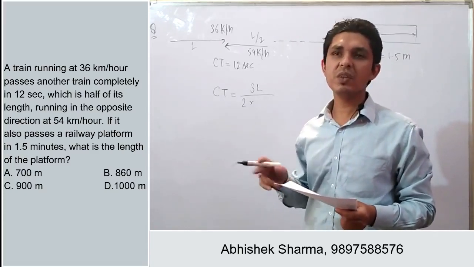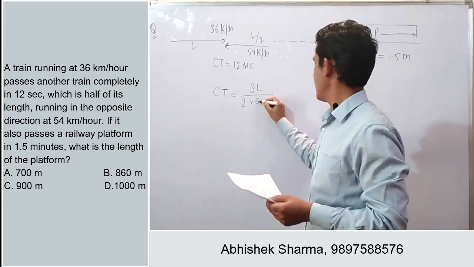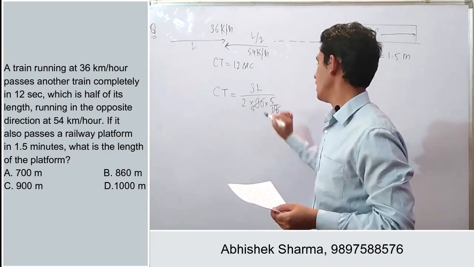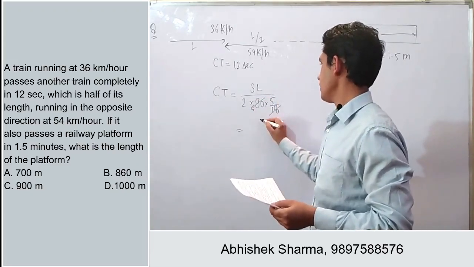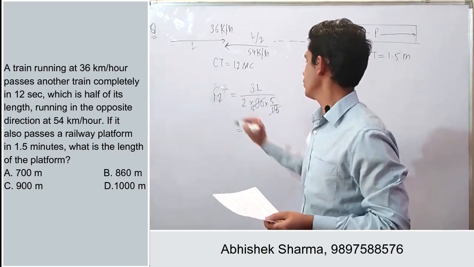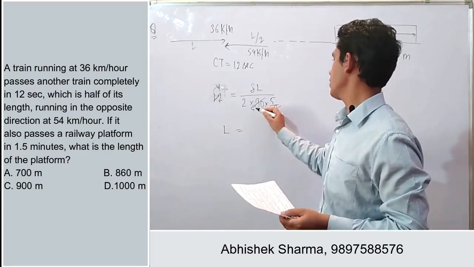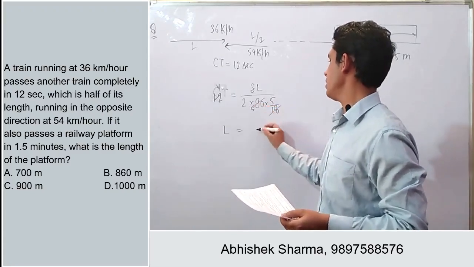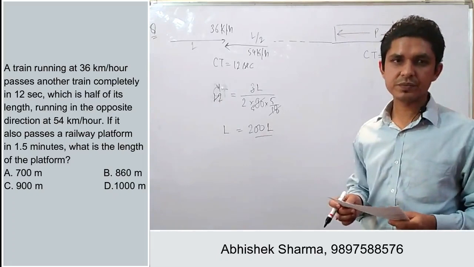When converting this into meter per second, 90 multiplied by 5 by 18, 18 fives are 90, 5 tens are 50, right? And here the crossing time is also given, so we can use that, it is 4. So here the value of L will be 5 fives are 25, 25 twos are 50, 50 multiplied by 4, that is 200. So here the value of L will be 200, right?